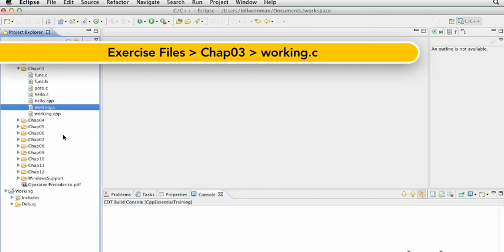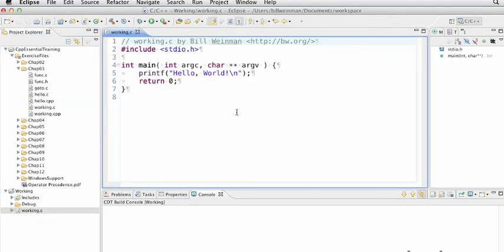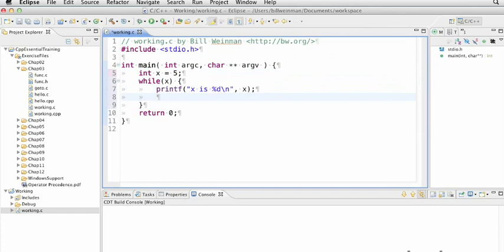We're going to take a working copy of working.c and paste it into the working project and open it up in the editor. First, let's just create a simple while loop. And this is actually an example from a previous movie. We'll say int x equals 5, while x, and we'll printf the value of x, and then we'll decrement x